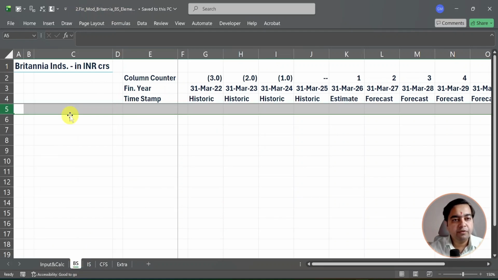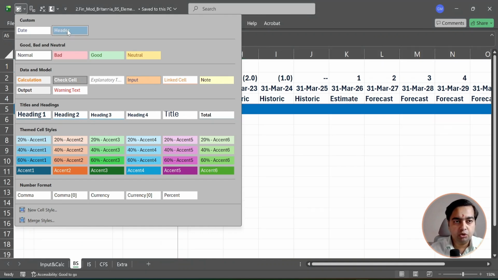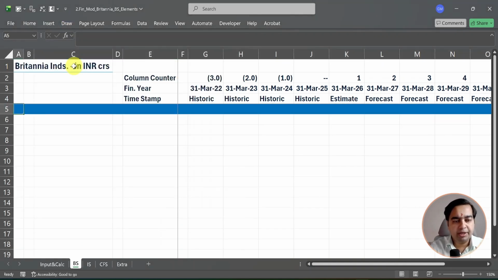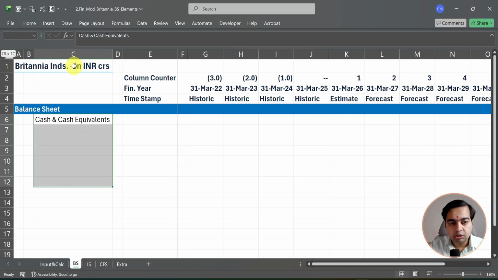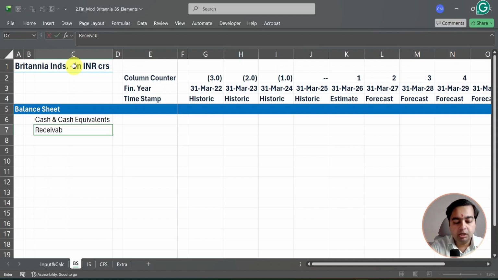In row number 5, we change the cell style to header. In cell number A5, we write balance sheet. We come to cell number C6. Now, basically, we will record all the grouped line items within the balance sheet. So all the values are going to be hard coded: receivables, inventory,